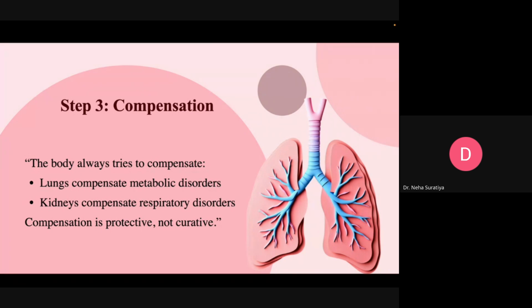And the lab pattern will always show pH will be low, bicarbonate will be low, and partial pressure of carbon dioxide will be low because of compensation. So this is the compensation I am talking about. Lungs are compensating for metabolic disorders like diabetic ketoacidosis. I hope now it is making sense. Okay. And how kidneys are